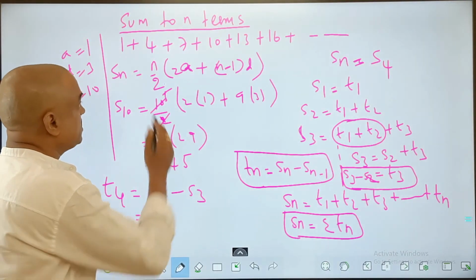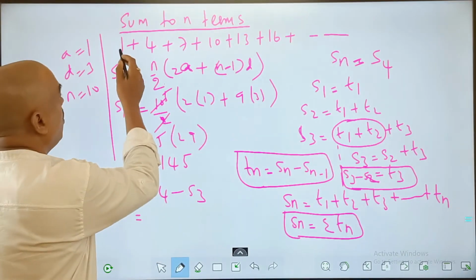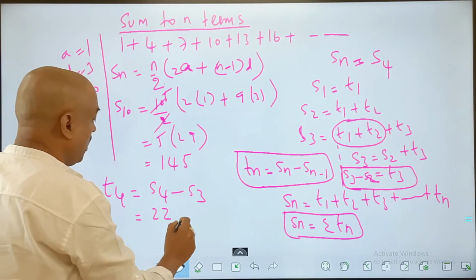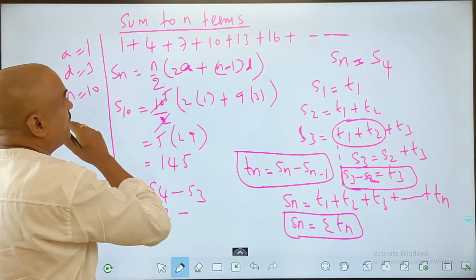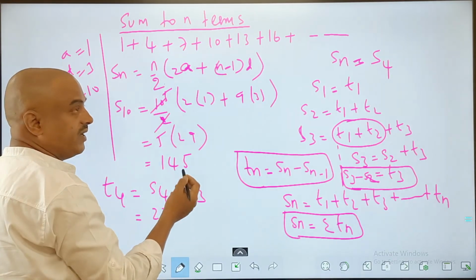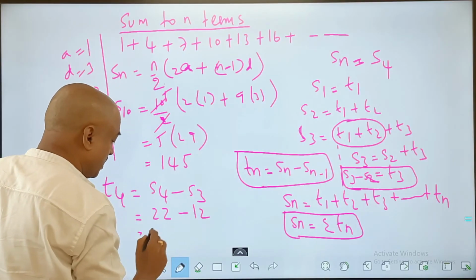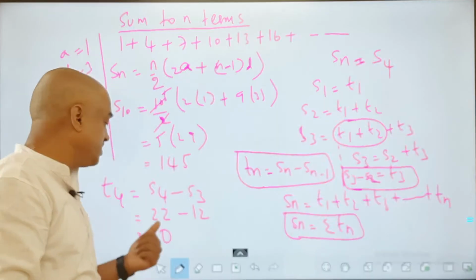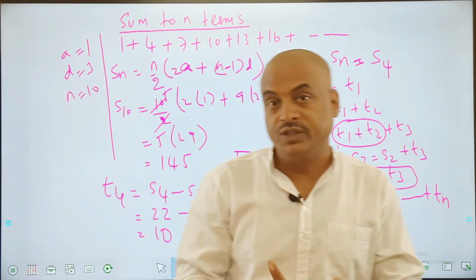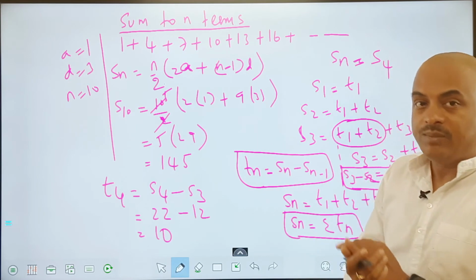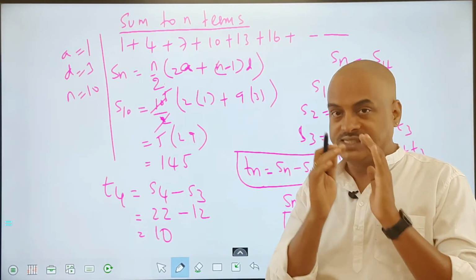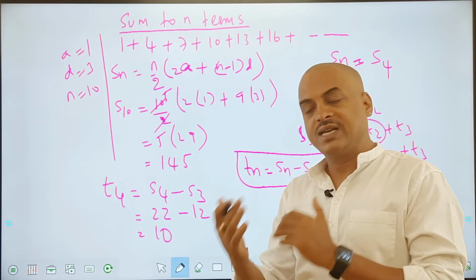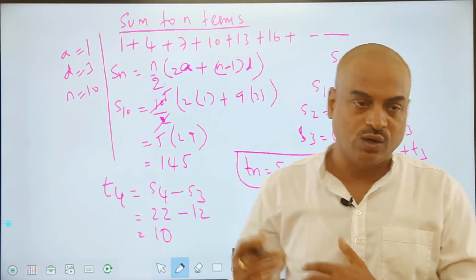Now look at this series. Let us take up the same series here: 1, 5, 12 and 22. S4 is 22, minus, if you add the first 3 terms 1, 5 and 7, that is 12. If I subtract 12 here, I am going to get 10. So the sum of the first 4 numbers minus the sum of the first 3 numbers will give you the 4th term, or 5th term or any other term. Sometimes in the questions they will give you the Sn value and ask you to find the Tn value of that particular series. Such questions we can easily handle by using this concept here.